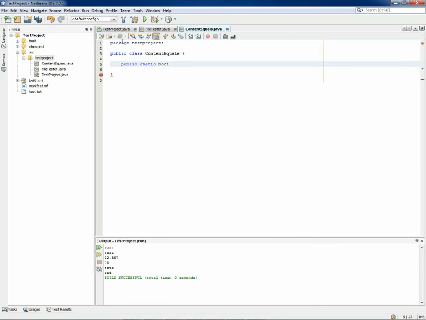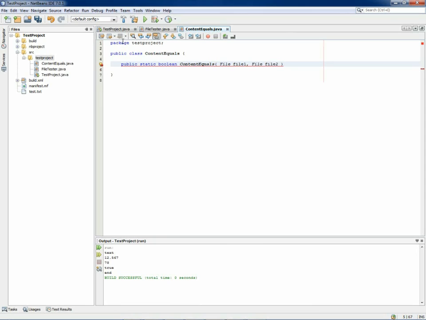It's good for us. And content equals, and what we will have here is two arguments, the file1, so file1, and another file object, which is the file2. Okay, so we get two files,